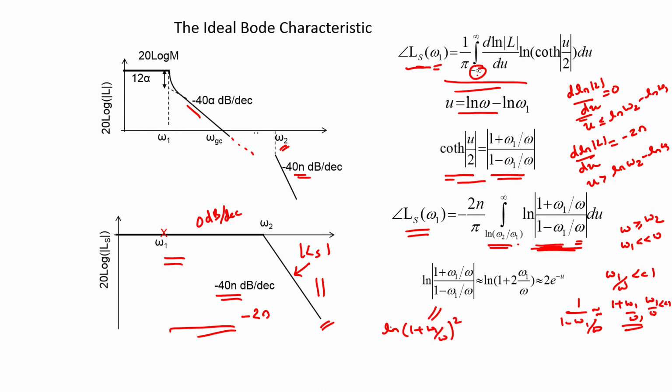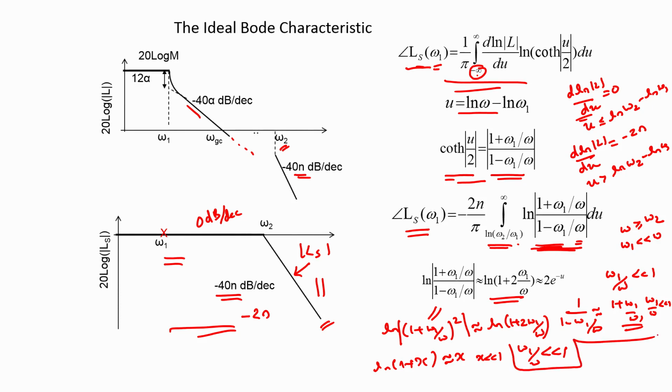So this term will approximately be equal to ln of the magnitude of 1 plus omega 1 by omega the whole squared, and which in turn will be approximately equal to ln of 1 plus 2 times omega 1 by omega, once again from Taylor series expansion, in the limit that omega 1 by omega is much less than 1, and that is precisely what has been written here. And we note that once again ln of 1 plus x is going to be approximately equal to x when x is much less than 1, and by exploiting this fact we can conclude that ln of 1 plus 2 times omega 1 by omega is going to be approximately equal to simply 2 times omega 1 by omega,